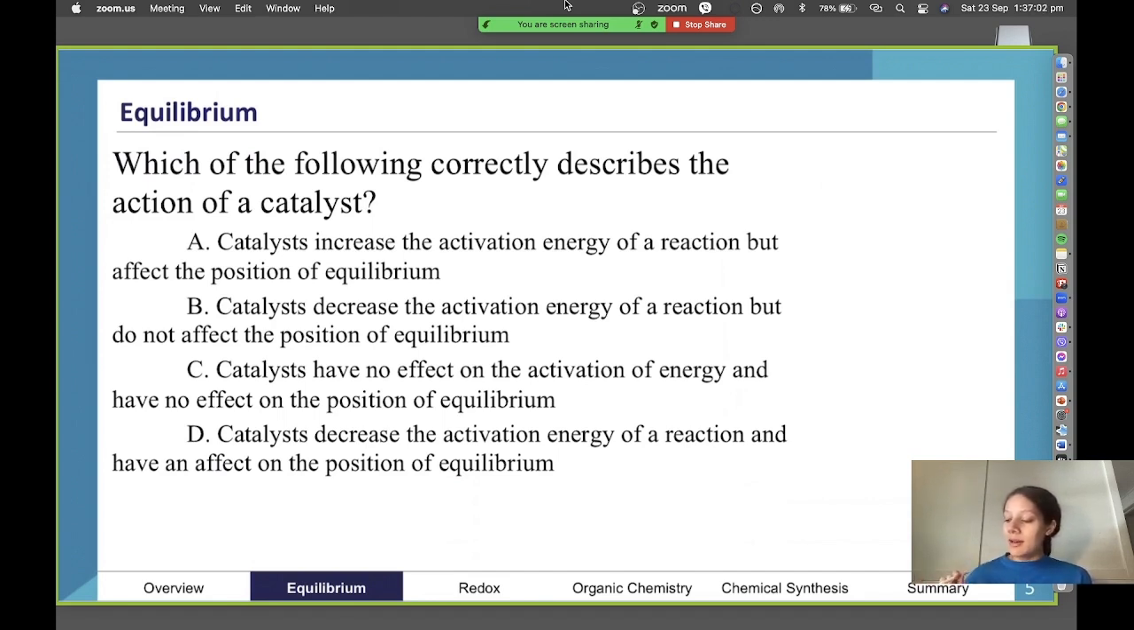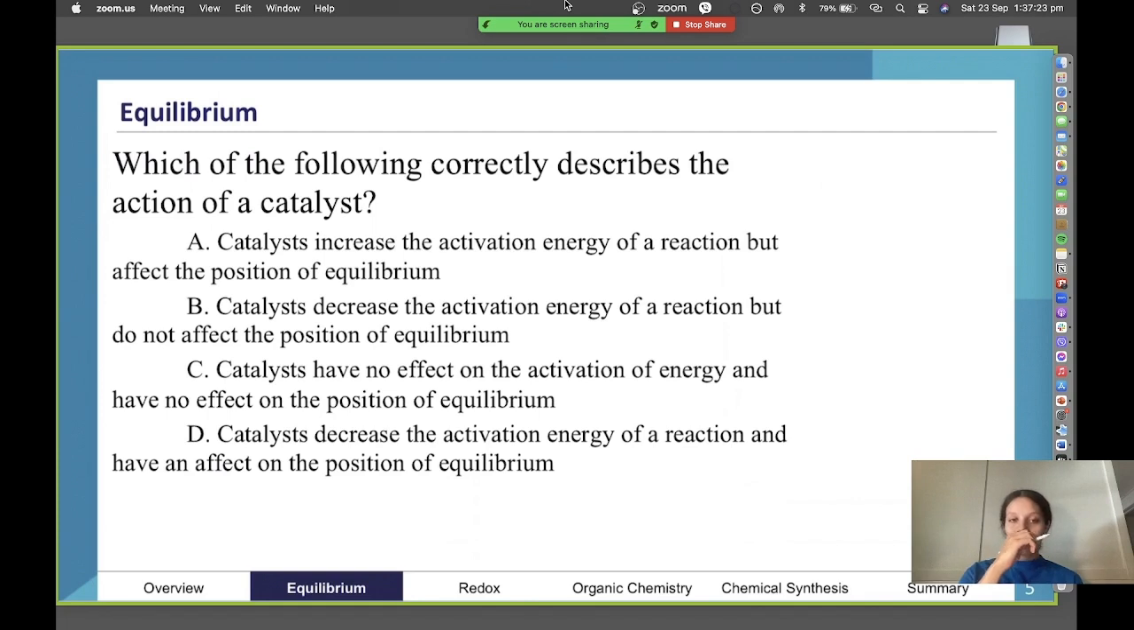We have no effect on activation energy and no effect on equilibrium position. Or we can have a decrease in activation energy and then have an effect on the position of equilibrium. So from this question, we've got two main components to think about. We have to think about what catalysts do for the activation energy of a reaction and also for position of